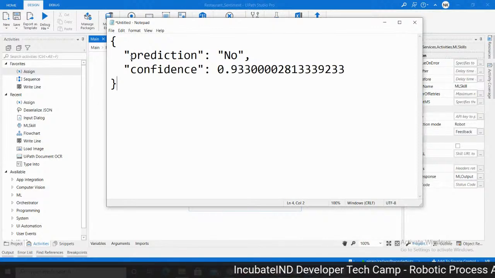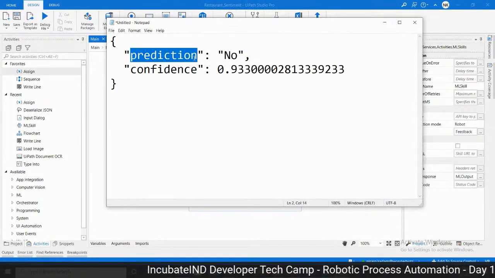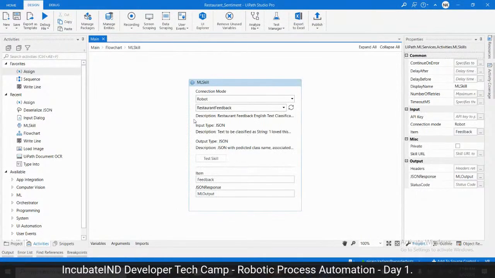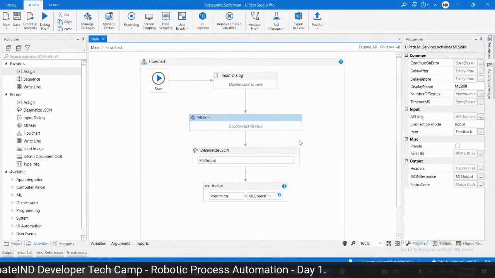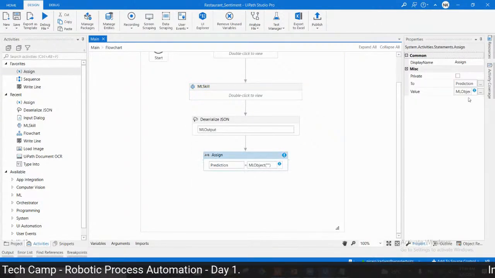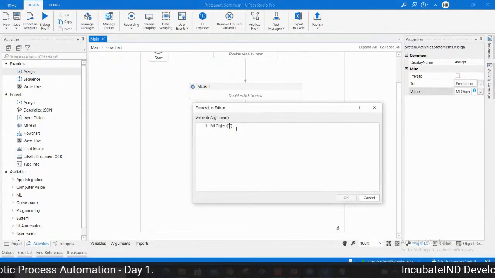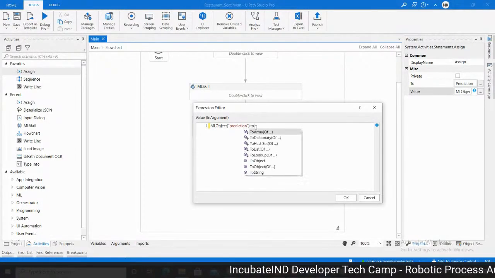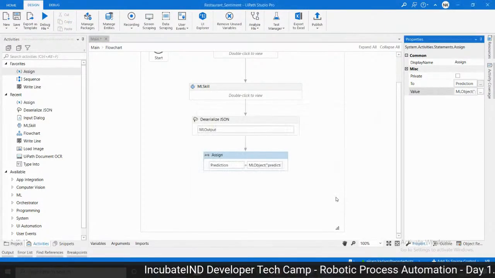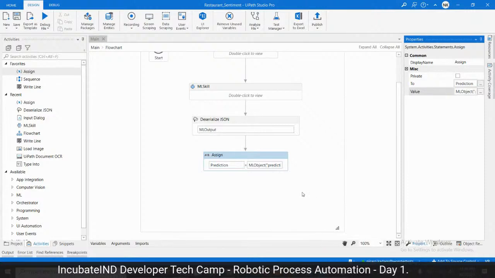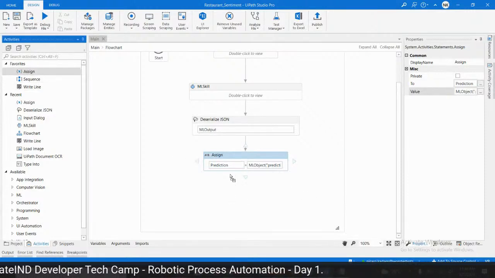Now we will use the first parameter, which is prediction. Copy it, come here in the flowchart, and in the assign activity, we will say ML object, bracket, double quotation, prediction, dot ToString. So this is our first parameter. And the second parameter is going to be our